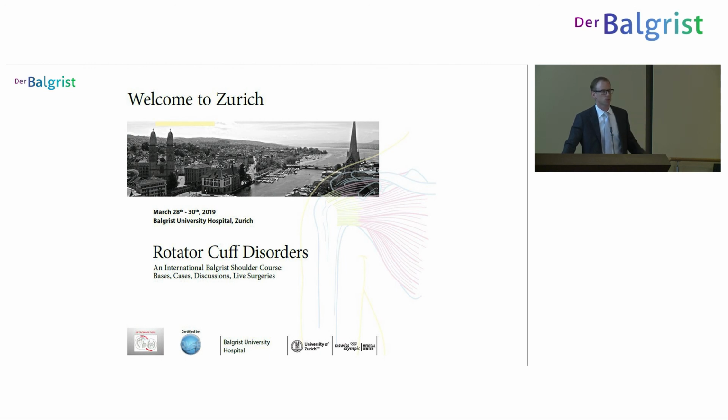borderline cases, I always do an MRI latest after 6 months. And if I see that there is quite strong progression of tear size, of atrophy, and the patient is not doing very well, then I recommend the surgical treatment. If he's fine, then obviously not. If he has no pain and is doing well, then